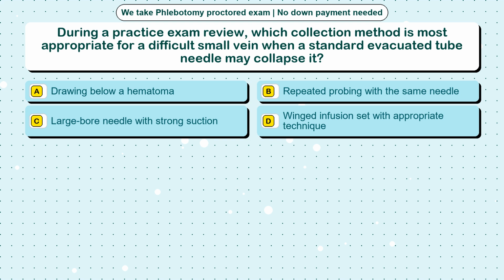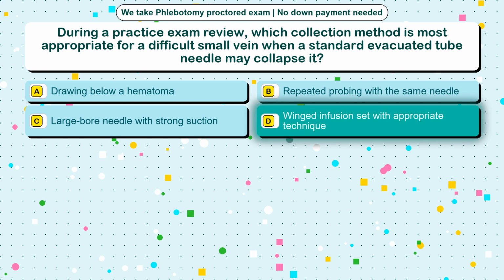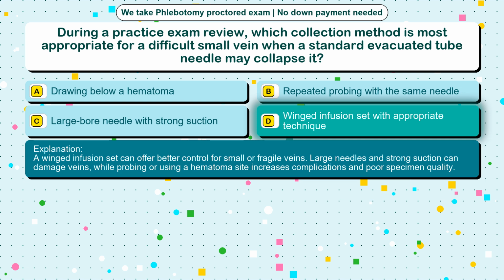Question 36. During a practice exam review, which collection method is most appropriate for a difficult small vein when a standard evacuated tube needle may collapse it? Option A. Drawing below a hematoma. Option B. Repeated probing with the same needle. Option C. Large bore needle with strong suction. Option D. Winged infusion set with appropriate technique. The correct answer is option D. Winged infusion set with appropriate technique. A winged infusion set can offer better control for small or fragile veins. Large needles and strong suction can damage veins, while probing or using a hematoma site increases complications and poor specimen